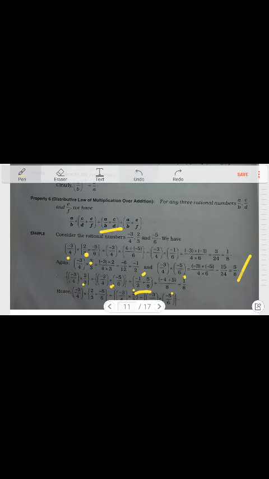Minus 4 plus 5 means what? Plus sign is bigger, so it becomes 1 by 8. Okay, so if you will see, before we had added first, then we had multiplied, then also we got 1 by 8, and after that we had multiplied both separately and then added. Okay, if you will see over here, and then added, then also it came 1 by 8, sorry, 1 by 8, not minus 1 by 8.